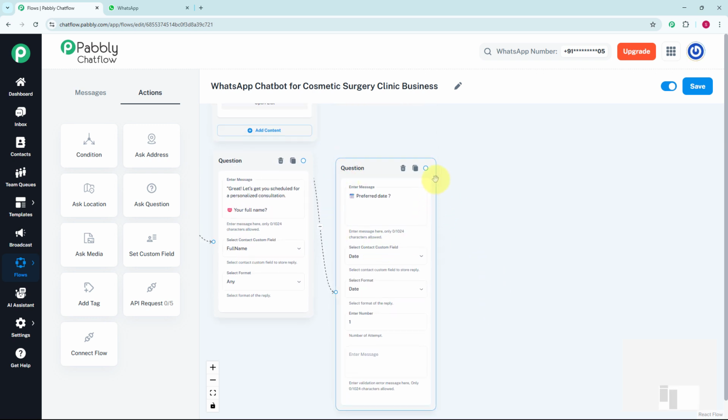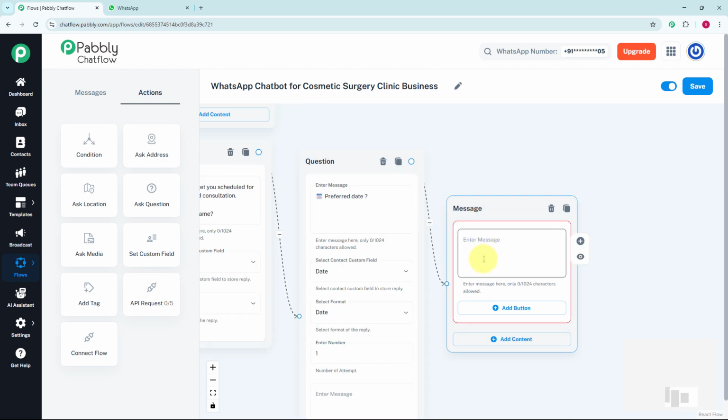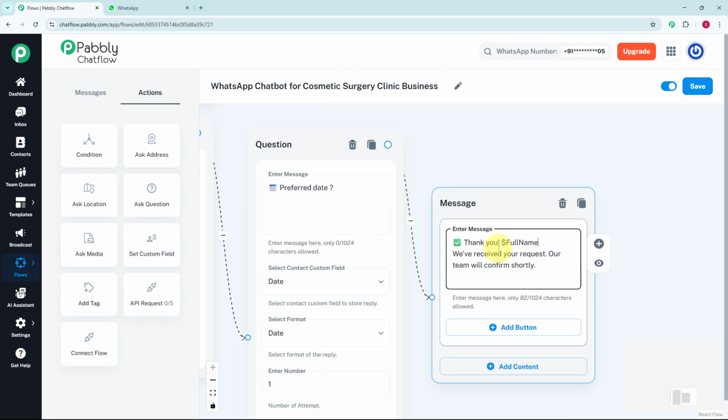Now if the user answers this question, I want to provide them a confirmation or thank you message in a personalized way. So for entering the message, I am going to select the text plus button over here. Now let's enter a confirmation message. Here you can see I have entered this thank you message, and I have entered this $ sign with the full